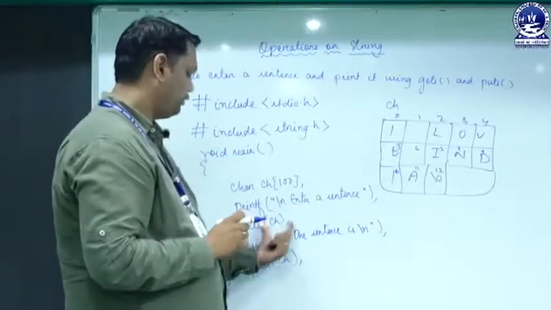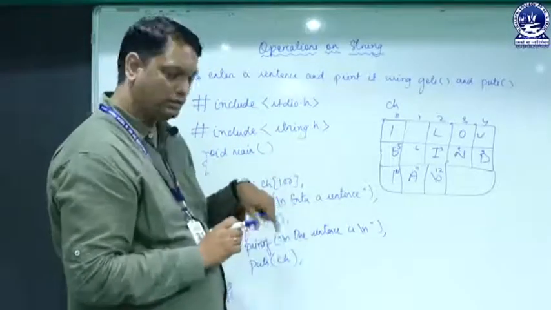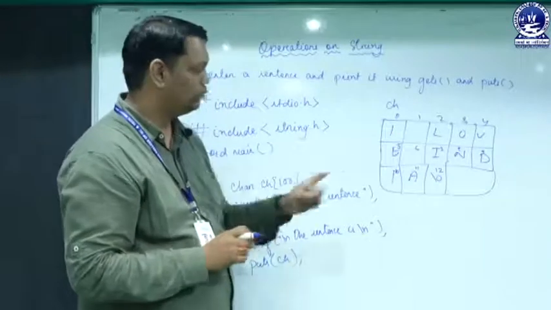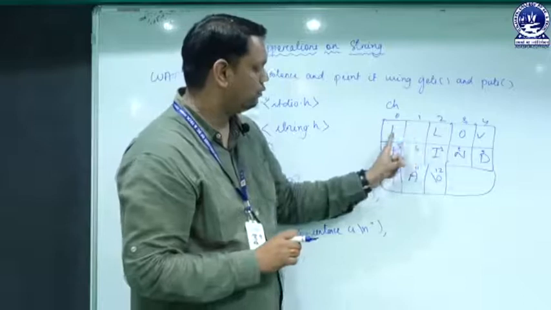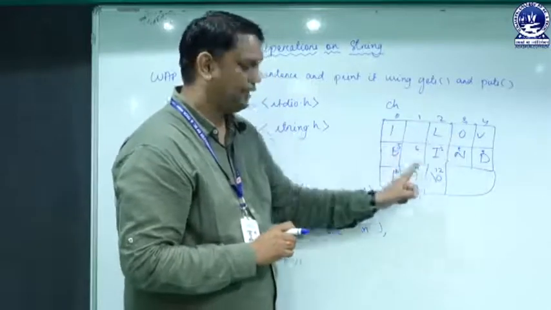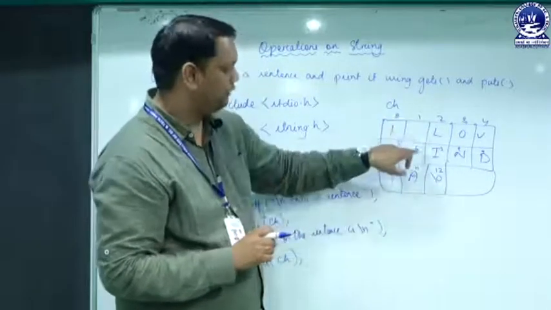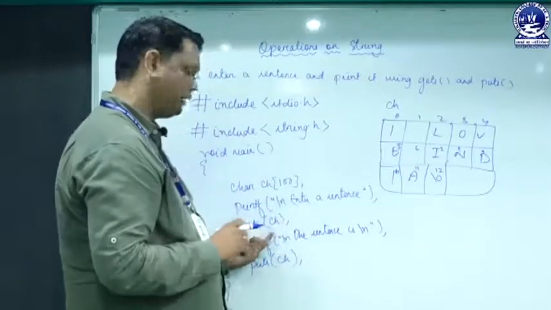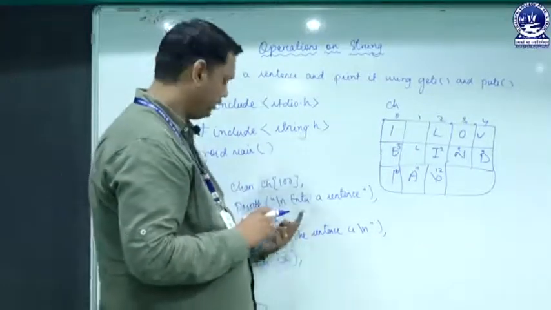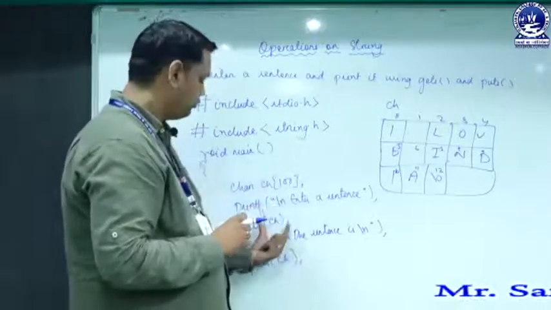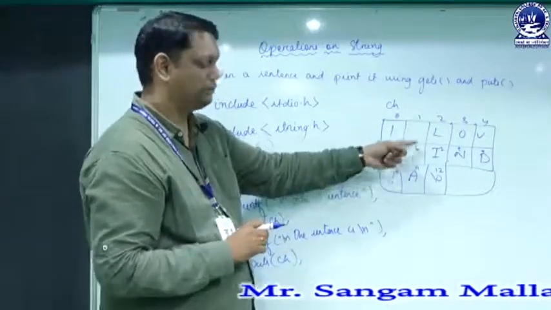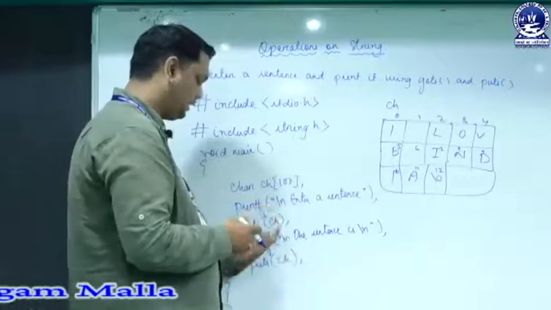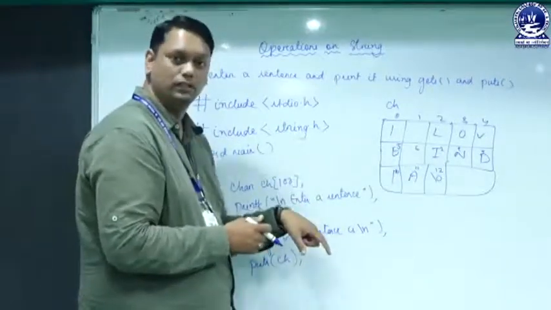Whenever we are using the scanf function, it is not possible to give a blank space here. You can see that I have written 3 words: I love India. So here we have 2 blank spaces. But in the case of a string, or in the case of the scanf function, while writing a string, we cannot take the help of blank spaces. So in order to modify that, we can take the gets function instead of the scanf function.